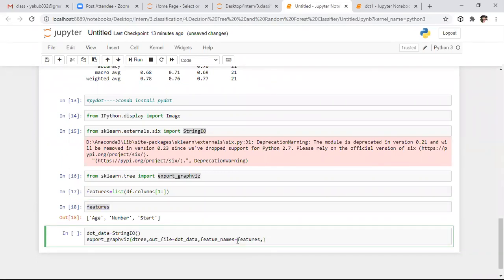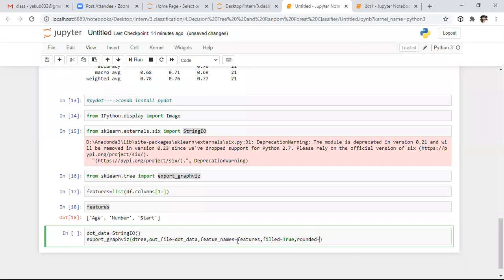After this, we have one more attribute. Whether you want to fill all these boxes or not. Here I want to fill each and every box, so I'm specifying true. Whether you want to round off all the boxes or not, here I'm keeping rounded also true.